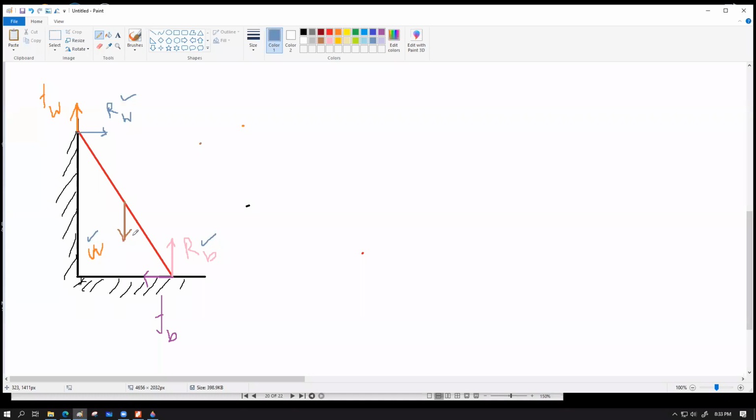calculate their resultant. You can only calculate the resultant of multiple forces if those multiple forces work on a single object at the same time. If they are not working at the same time, there is no point in calculating the resultant. What I mean by at the same time, let's say there is an object, and there is